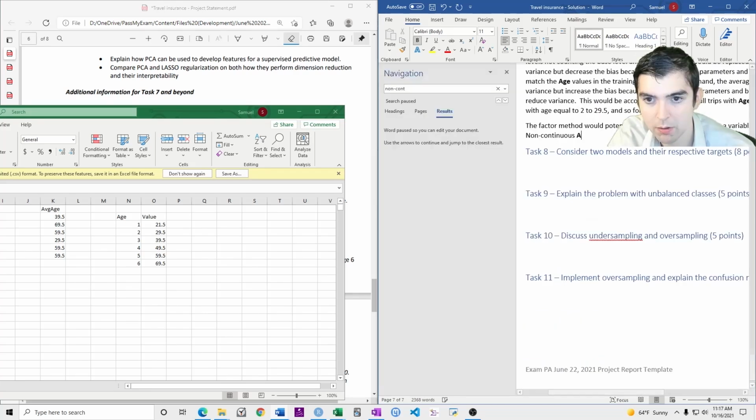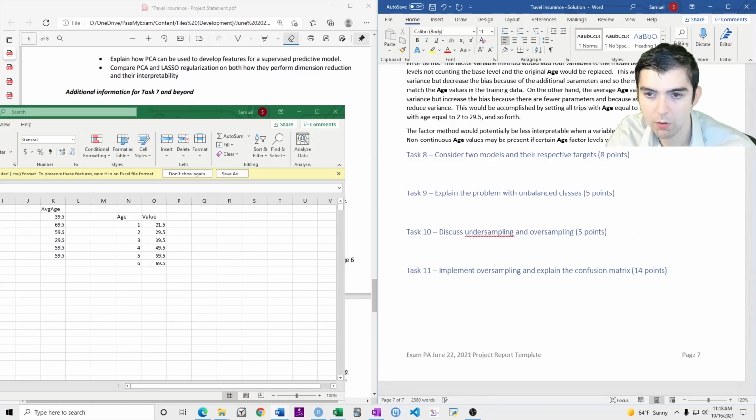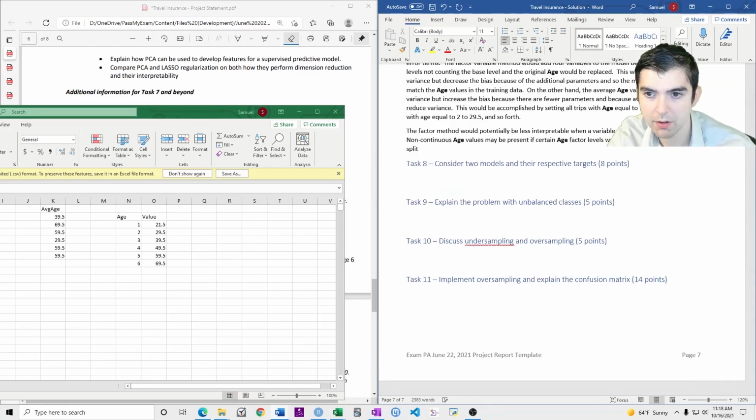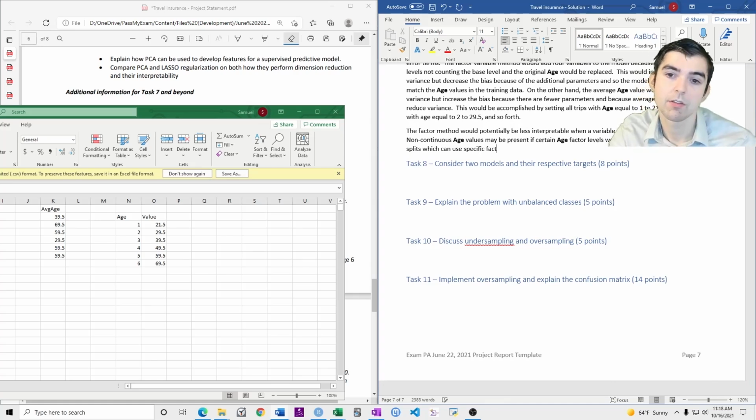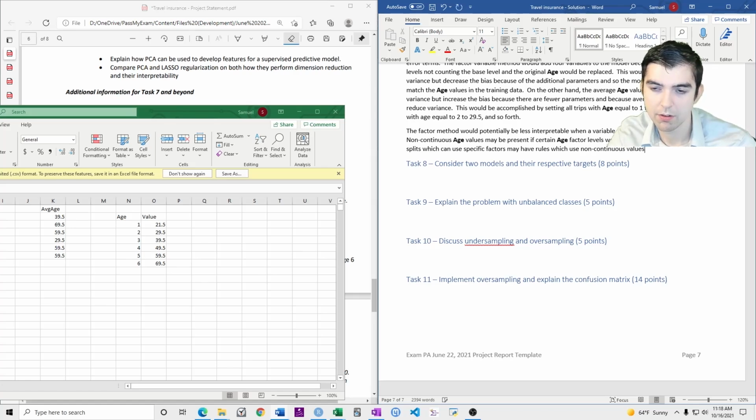Non-continuous age values may be present if their age factor levels were removed. Also, decision tree splits which can use specific factors may have rules which use non-continuous values.